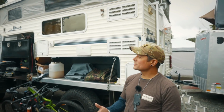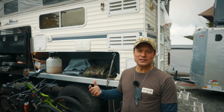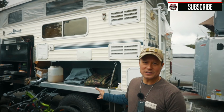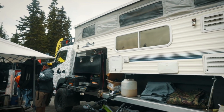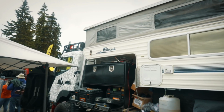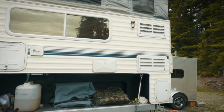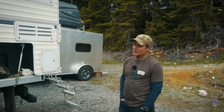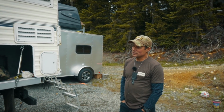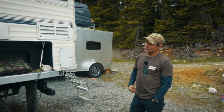So as a temporary solution, we didn't want to be sitting here working on this build for years and years and not being able to use the truck. So until I get the chance and the time to build the custom camper for it, we picked up this Hallmark pop-up camper so we can get out and actually use the truck. I picked it up secondhand up island. I think I paid $4,500 for it. We've used it all the way through Baja, down through the States, all up through Canada, and it's done wonders